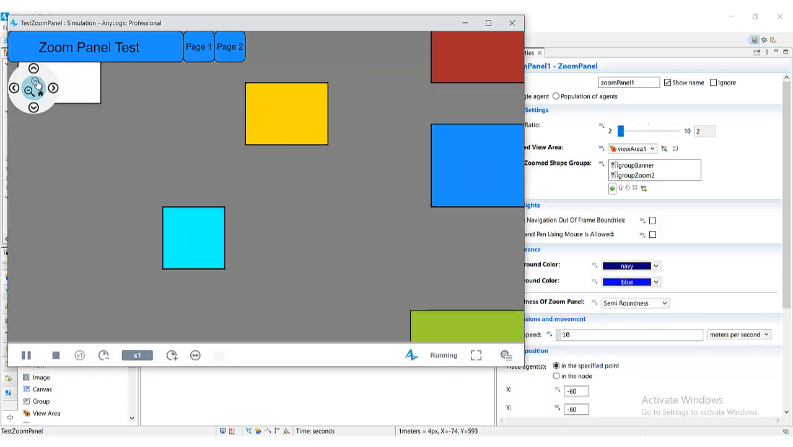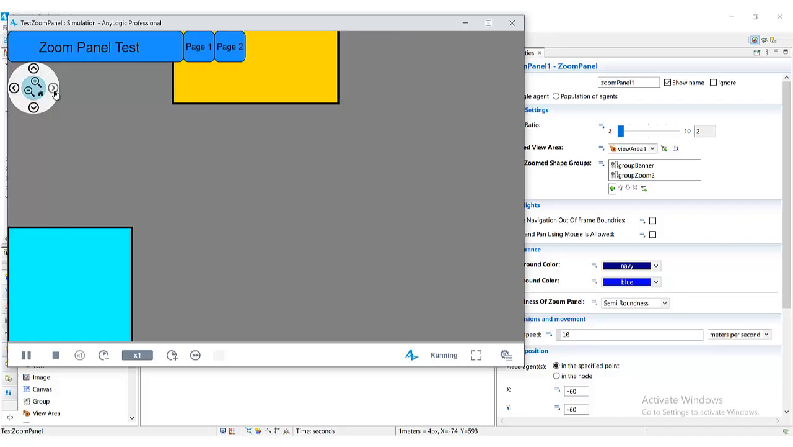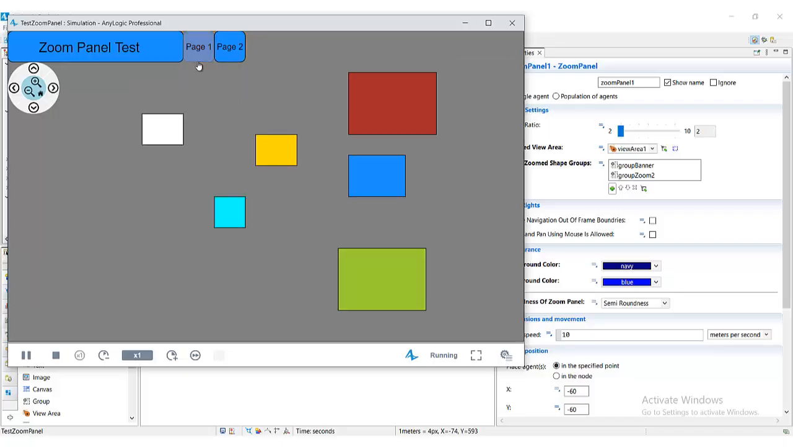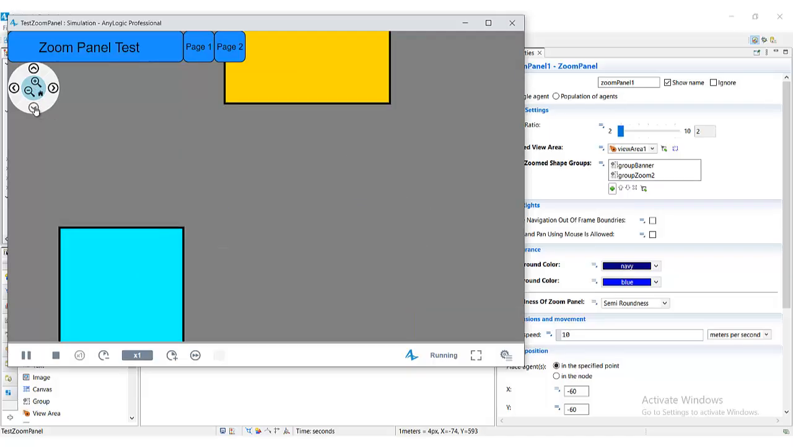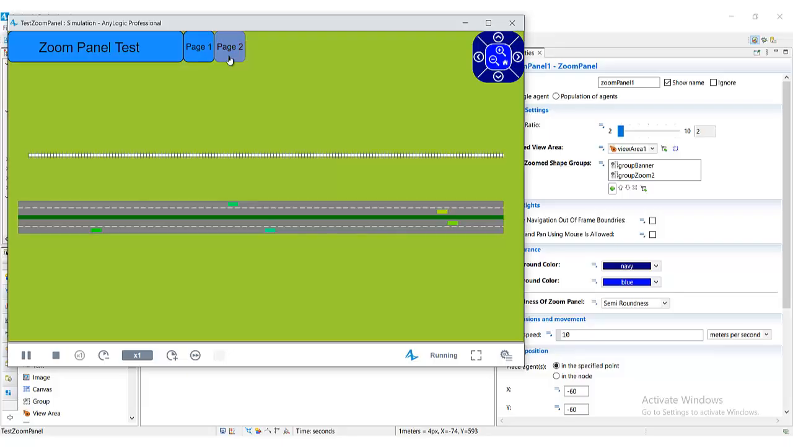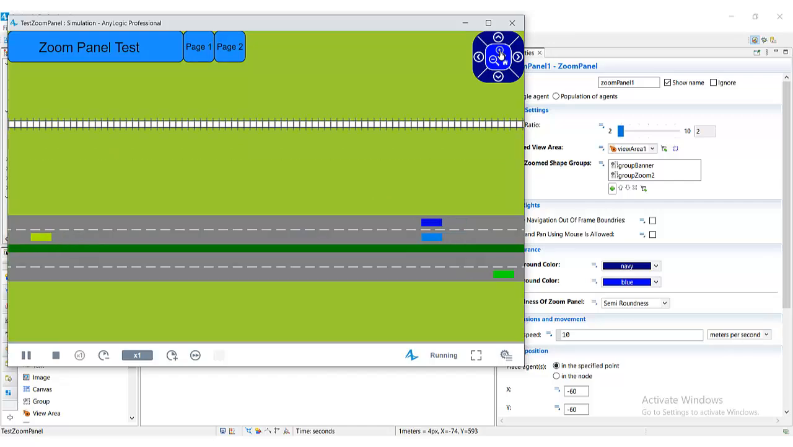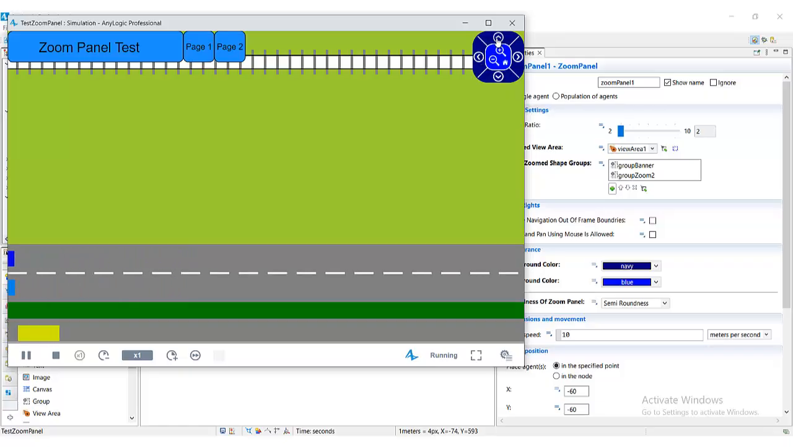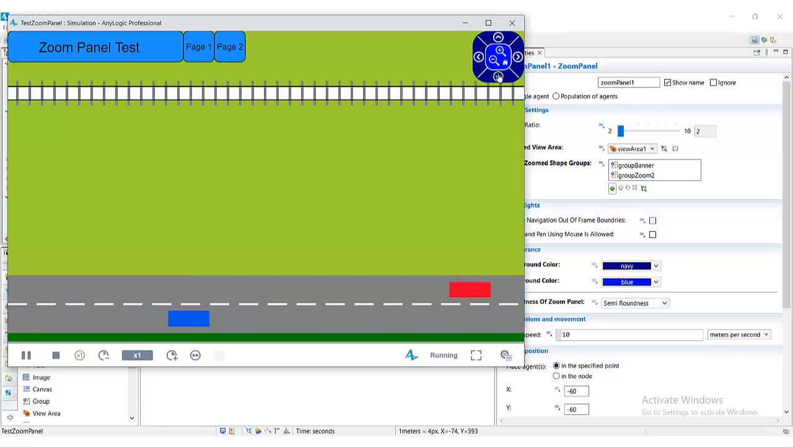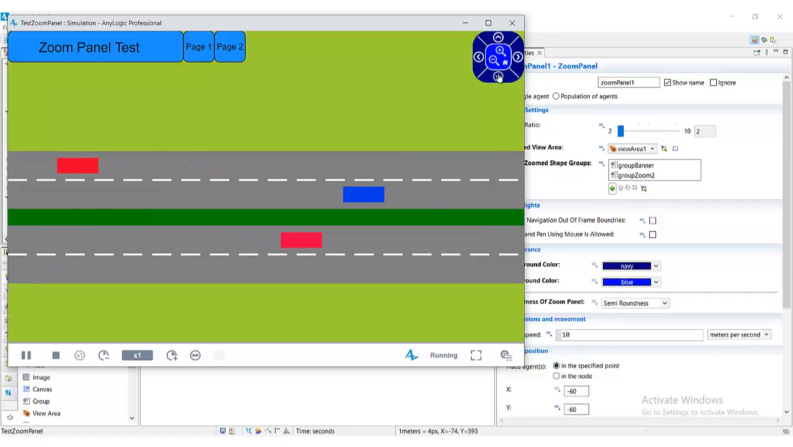Okay, you can zoom in, pan, and come back to the home view. Also, you can go to the second page with a separate zoom panel in a different location and different colors and theme. As you see, the roundness of this zoom panel is semi-roundness. You can use panning, zooming in and zooming out, and this is what we have